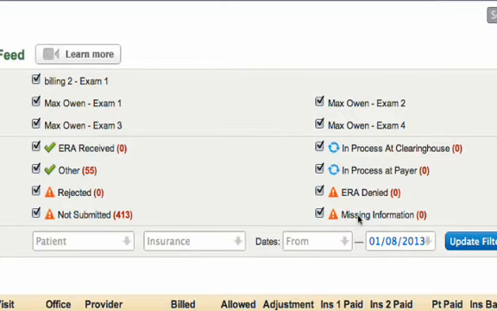If your claim has all mandatory information, it will get transmitted to our clearinghouse and the status will show as in process at clearinghouse. If they find any errors on your claim, they will reject it and here it gets updated as rejected MDON. Then you can correct it and resubmit your claim.